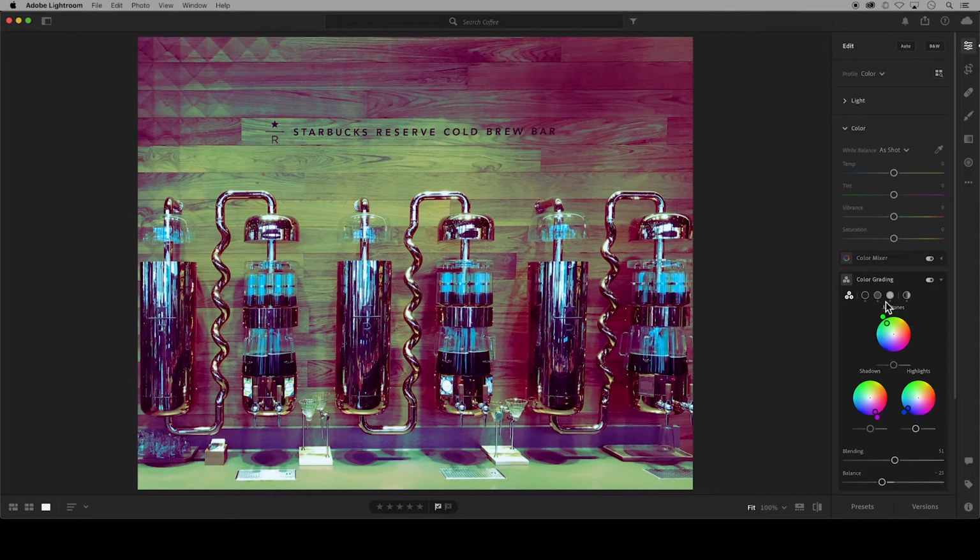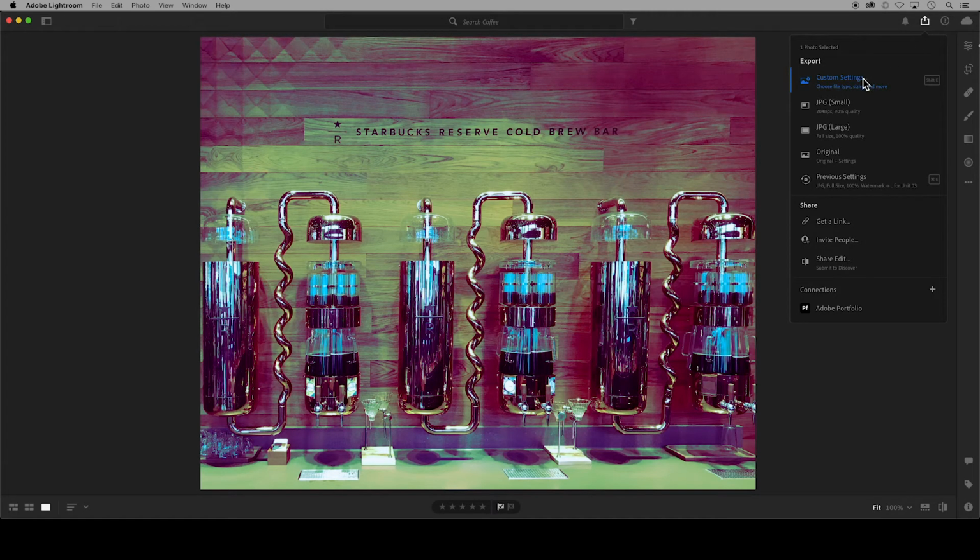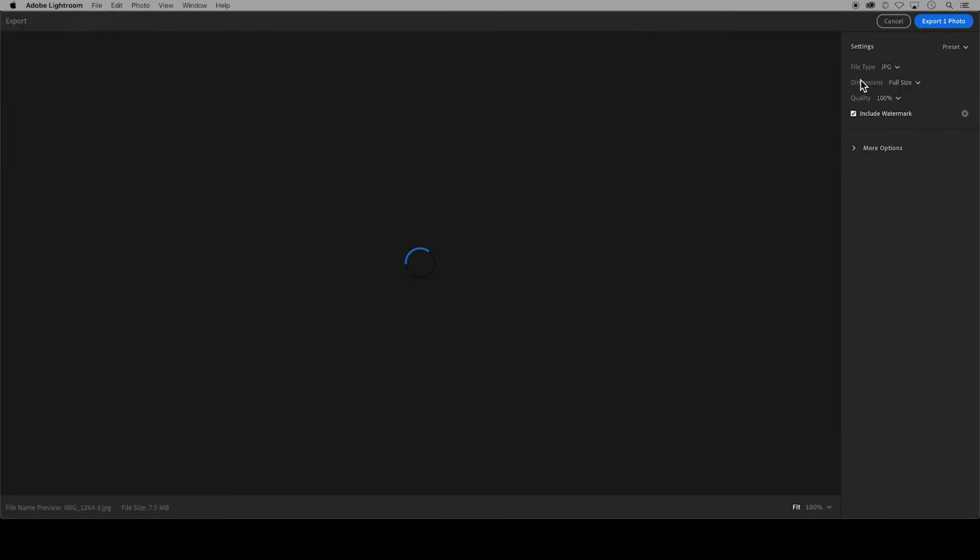Finally, let's take a look at this edited version versus the original colored photo, and you can see the drama that's been achieved with color grading. Let's also take a look at the black and white edited version. Here it is, and the image that started out as black and white versus this one, which has lots of browns to begin with. And lastly, I will save and export my work by clicking the Share button, Custom Settings,